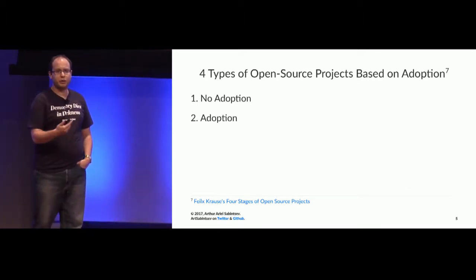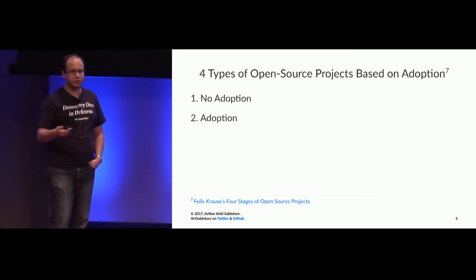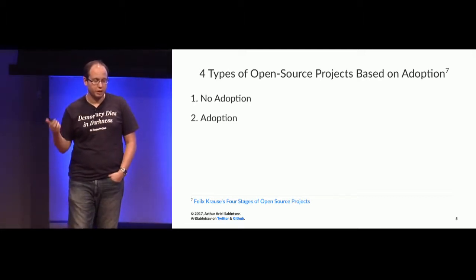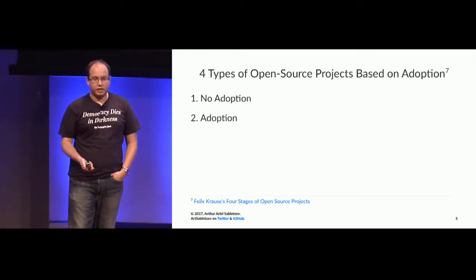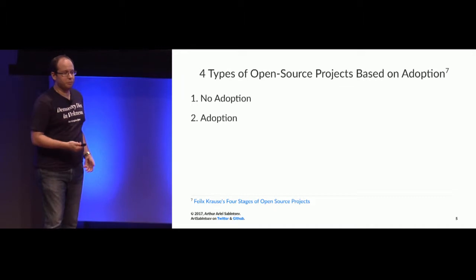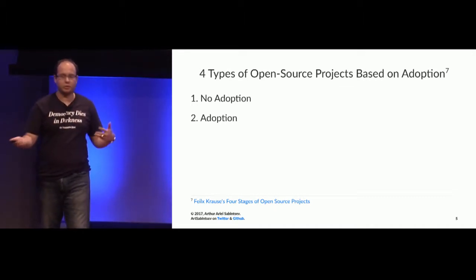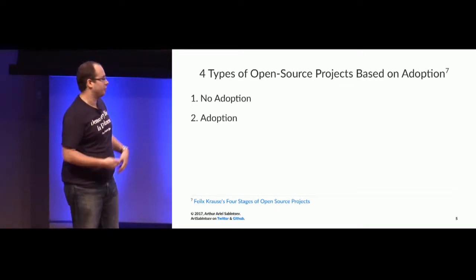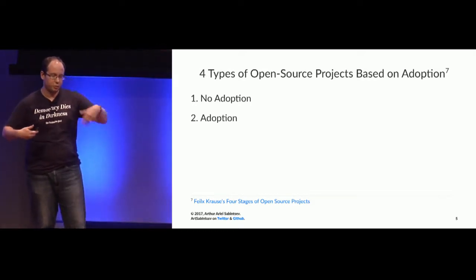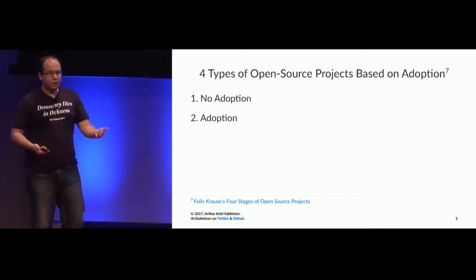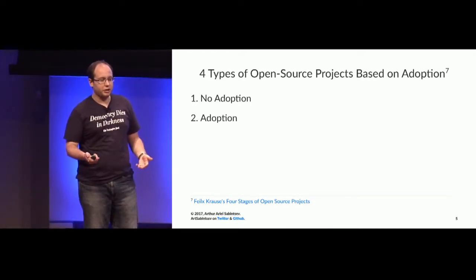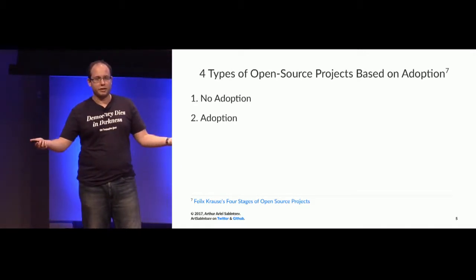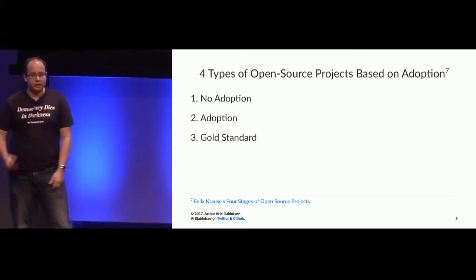Imagine having an idea, putting it out there, and then someone somewhere else in the world, on the other side of the world sometimes, finds this thing in the middle of the night and is like, hey, this is awesome, but it could be better if you add this feature or whatnot. And that's the best feeling in the world, and it kind of gives you a high and gets you on a roll of doing more open source. So I told you there are four groups of projects, but I've pretty much defined no adoption and adoption. So what's left? There's the gold standard project.